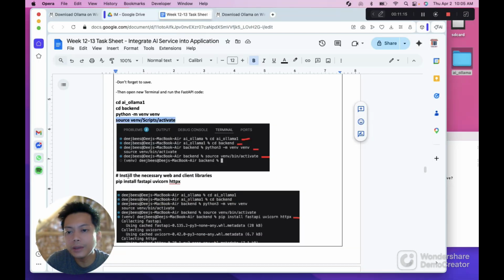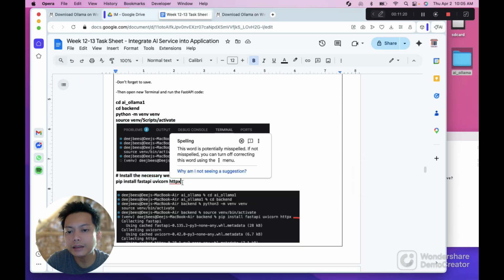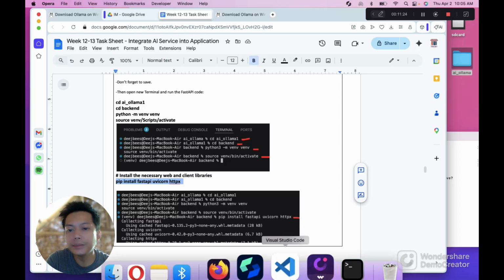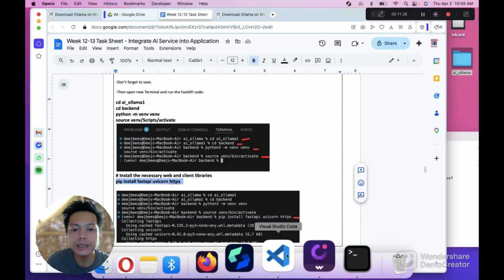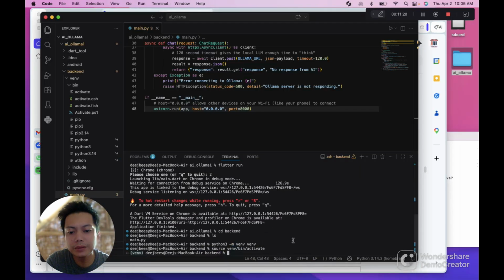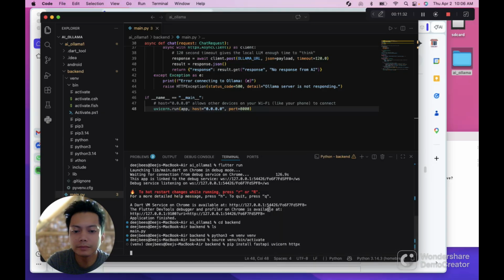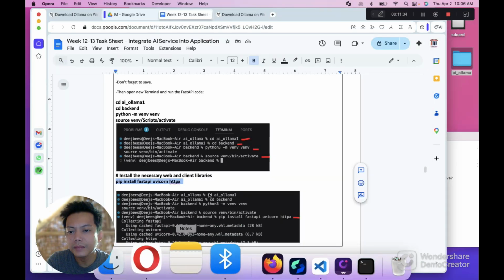So next, we're going to install the necessary web and client libraries. Okay. So copy this pip install fastapi uvicorn httpx. So we're now going to download the pip.